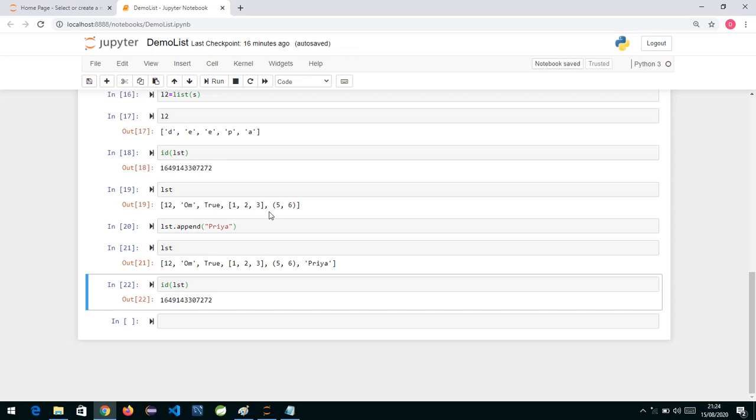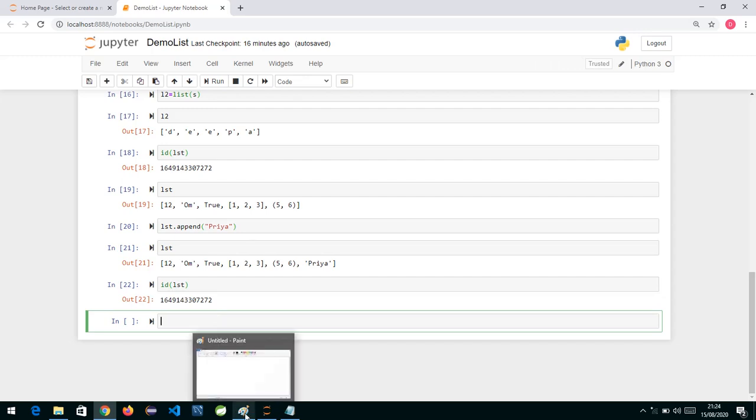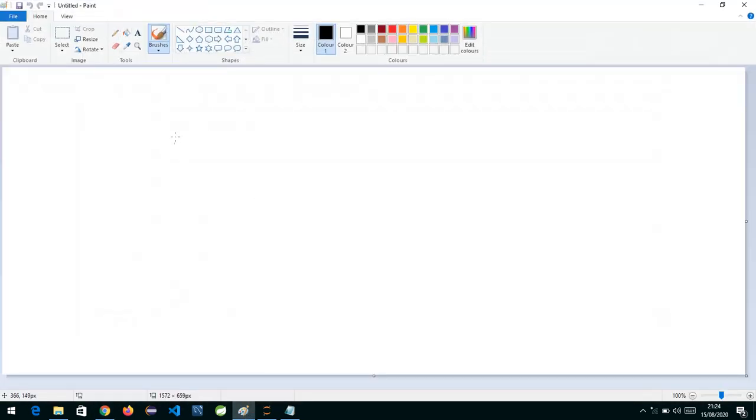Now moving ahead, the way we had indexing in strings, we have the same indexing in lists also. Suppose you take a list containing some data, say 1, 2, then 1, then another nested list 1, 2, 3, and then in between some name.